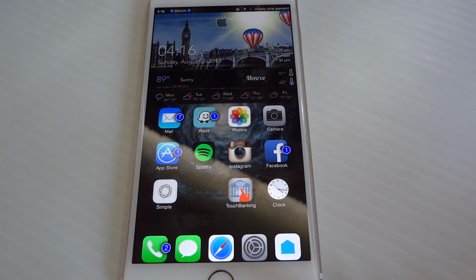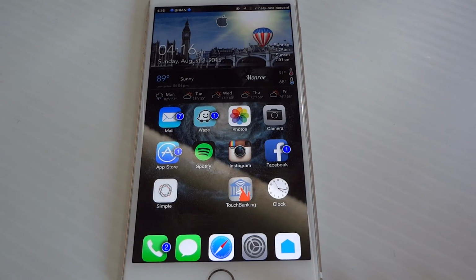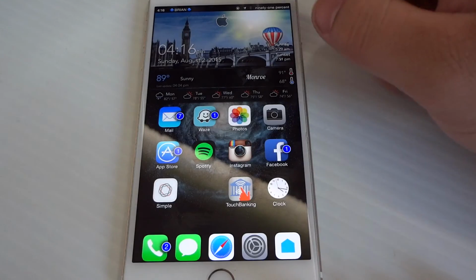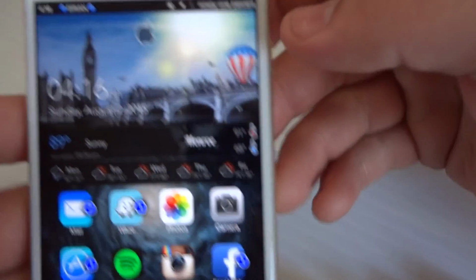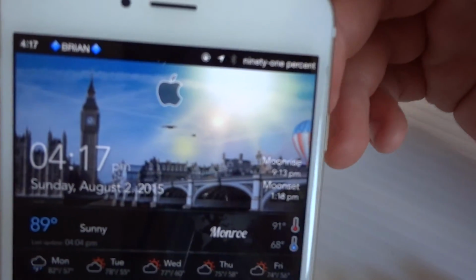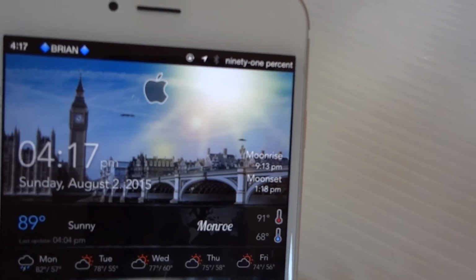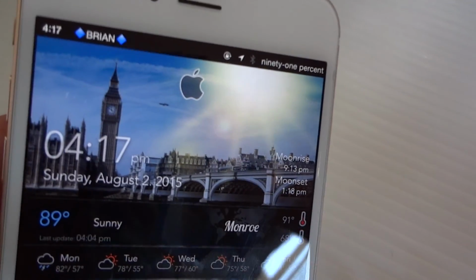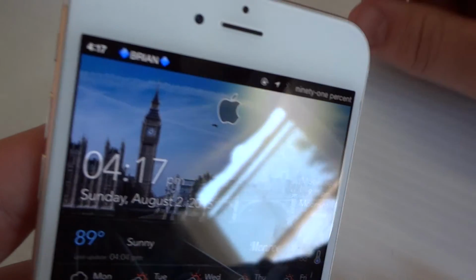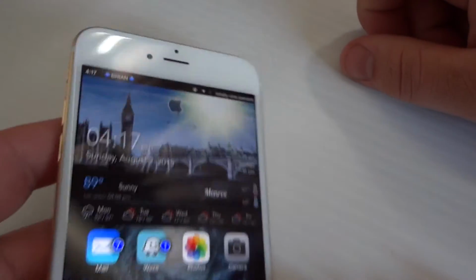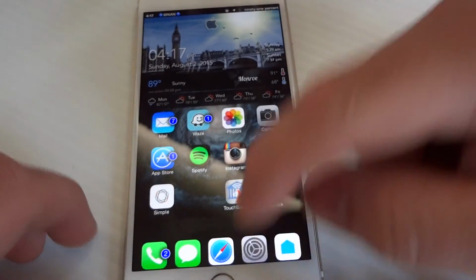Let's see, what else? Protean. This is how you customize the status bar up top. You can see how mine says 91% instead of actually showing a 9 and 1. And all my icons are a little bit different up there and stuff's moved around. That is fully customizable